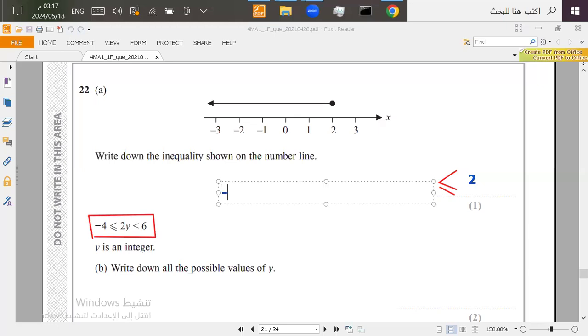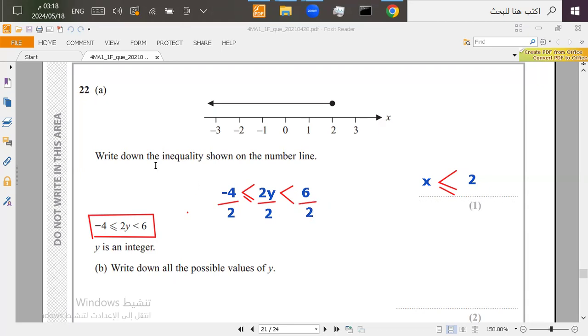So we have -4, and then 2y, and then 6. And then let's put the inequality signs like this. Here we have the sign with an equal sign, and here with no equal sign. To solve the inequality, it means leave the y alone. And the y is multiplied by 2. It means I'm going to divide all sides by 2. So I'm going to divide here by 2, divide here by 2, divide here by 2. So dividing all sides by 2 will give me the answer that I need, or the simplest form of the